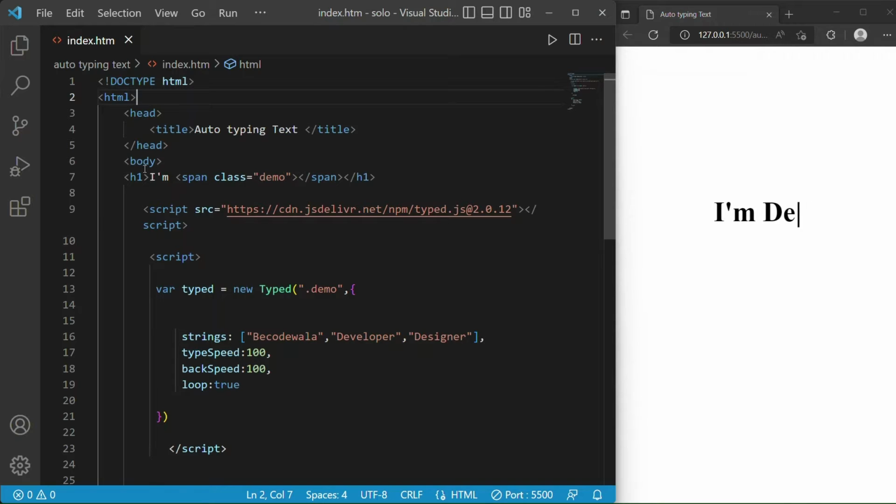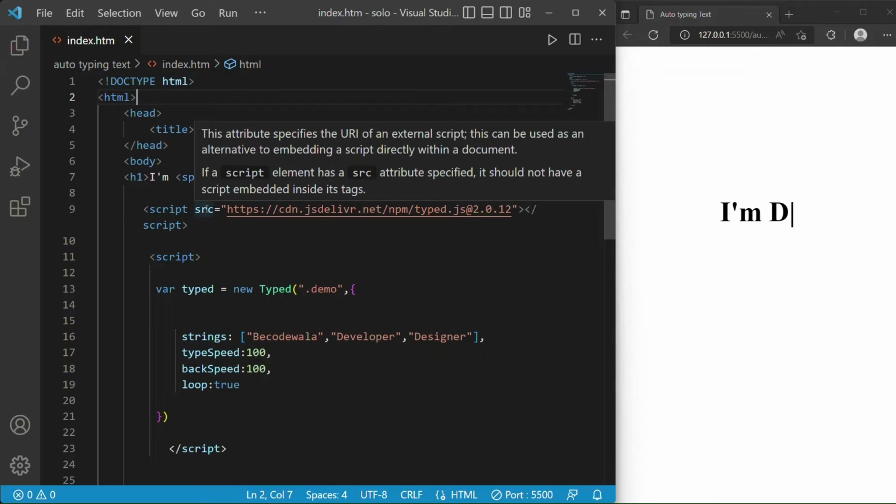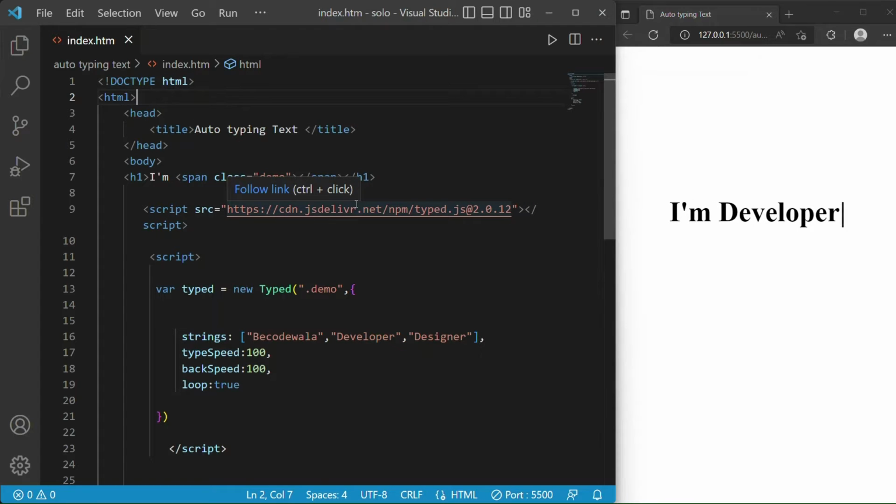And after that in this I have taken a script tag and I have given a src file. So it is an auto typing CDN script of a JS library that I have pasted here. You can copy it in your code, and after that